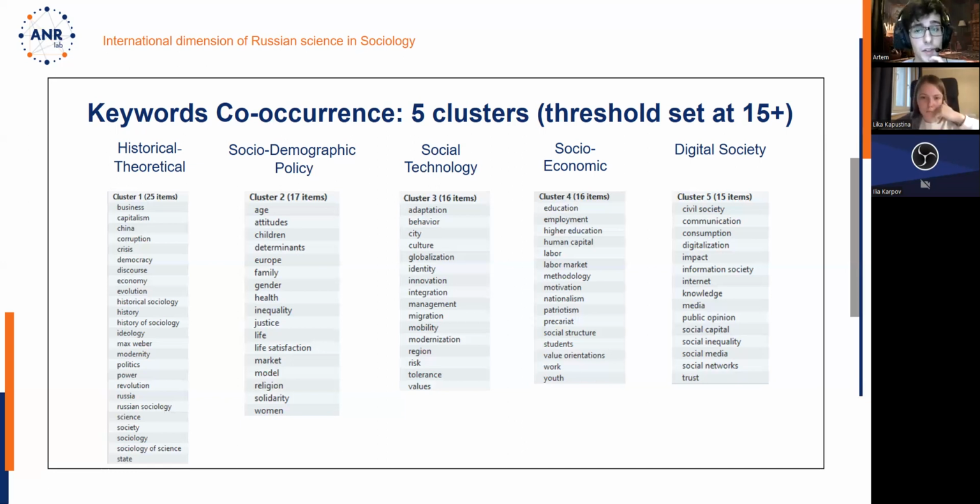It is also interesting to note that this cluster has the word Europe in it. It can be assumed that this is a reflection of comparison of socio-demographic situation and policies between our country and Europe. So Europe may serve as a primary example of comparison of socio-demographic policy between us and other international countries.